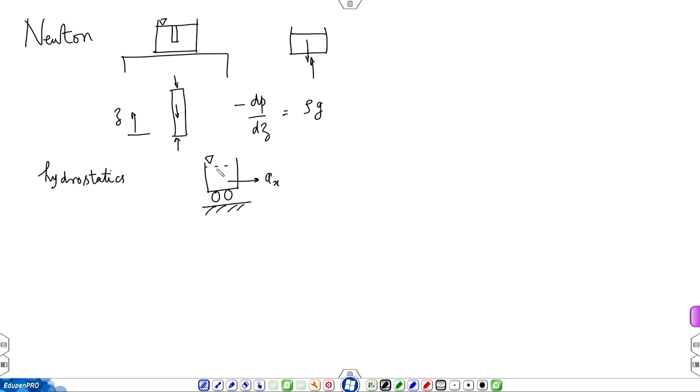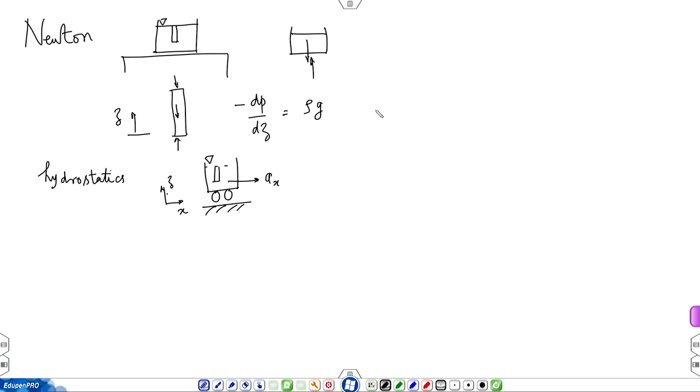Then you could consider a column of liquid again. Now, you think of Newton's laws of motion as a vector equation, one in the z direction, one in the x direction. Okay, so there is no motion in the z direction. So, the equation of hydrostatics remains unchanged, but in the x direction,